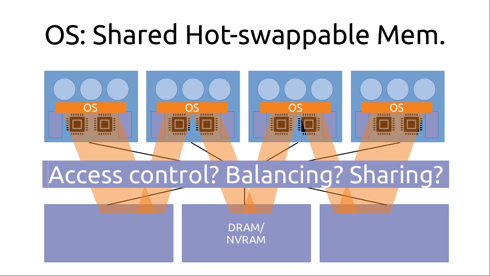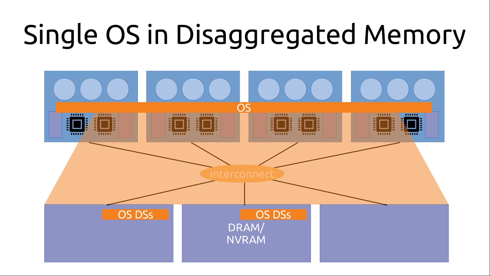So this is a difficult question when you have a lot of different operating systems that are all trying to share the same memory. You're going to often need some level of indirection that can do the mapping and provide this access control. However, a different path is to take a single operating system and make it span across all of the systems. So in this case, you can see that the operating system's data structures themselves are placed within that disaggregated memory. Therefore, it can use its own data structures to track which node should have access to which ranges of that disaggregated memory.